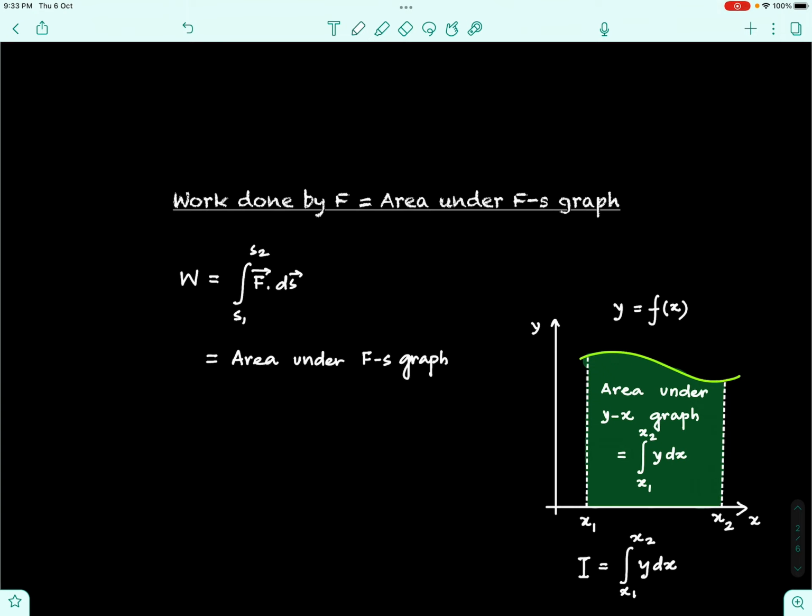Now, let us understand that work done by a force can also be found by finding out the area under the F-s graph, that is the force versus displacement or position graph. How do we understand this? Now that we have obtained this most general expression for work done, which is integral of F dot ds from initial position to final position, S1 to S2, we can just compare this expression with the already known expression for